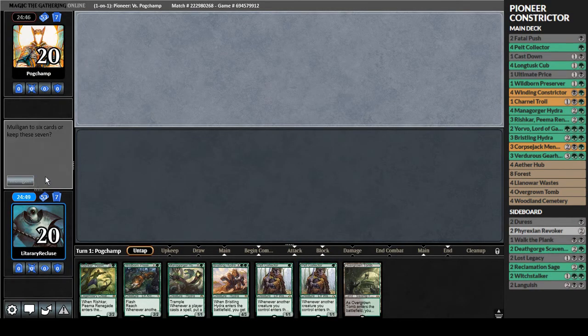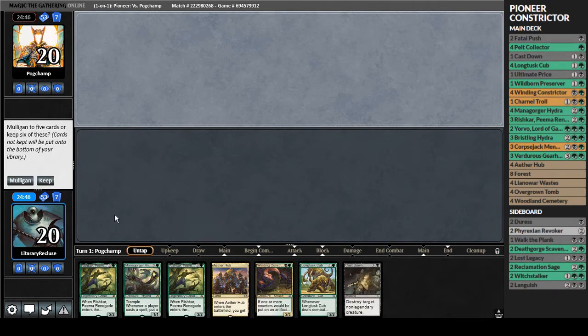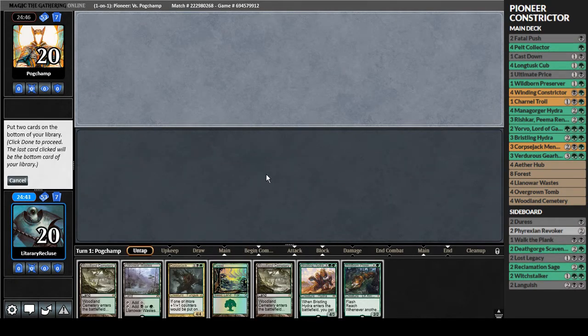Alright, second game. Once again, 1 land, so we're going to mulligan again. No. Mulligan again. Sure. Well, we haven't had good opening hands this series so far. We're going to...